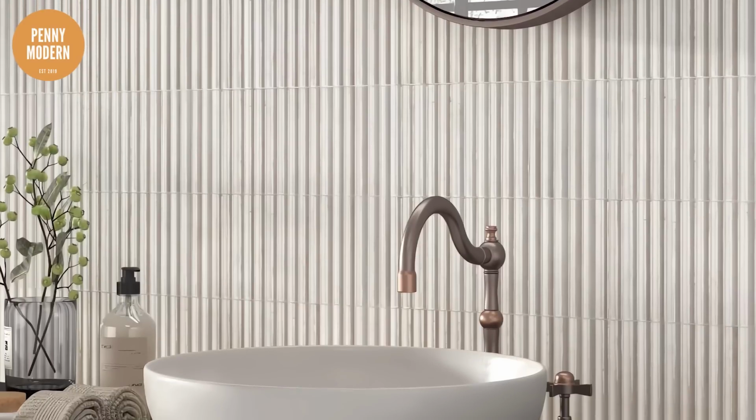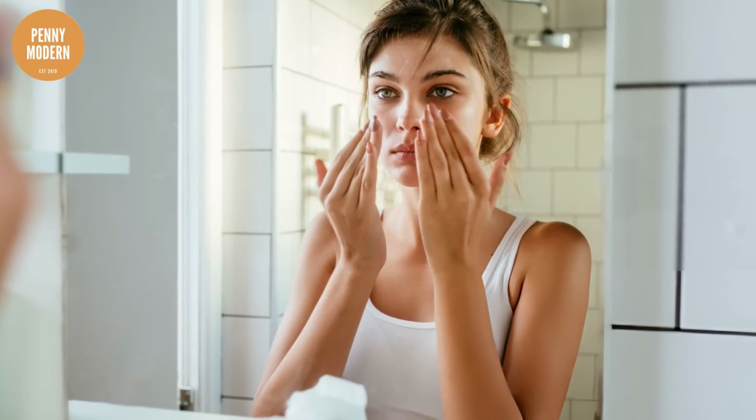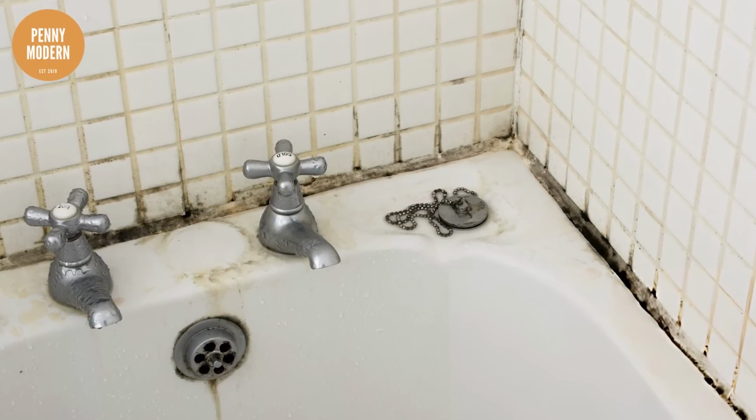And then reality hit. We were having lunch not too long after that, and she described to me some of the challenges that she faced with this ribbed tile. She described how there was all this dust and hair collecting in every little groove, as well as soap scum and even hairspray, because she did like to do her hair and do her makeup in her bathroom and right by her vanity, obviously. And it just collected all this dirt, dust, hair, and hairspray in it,